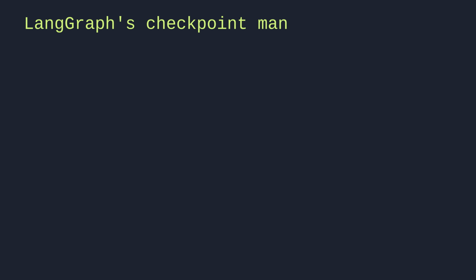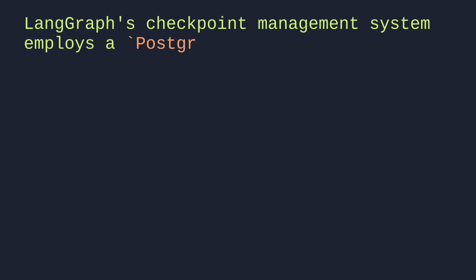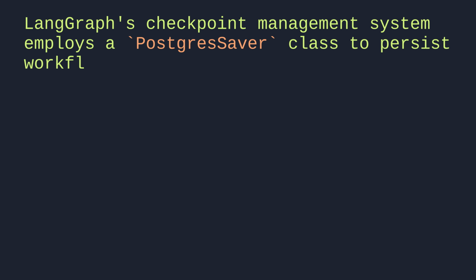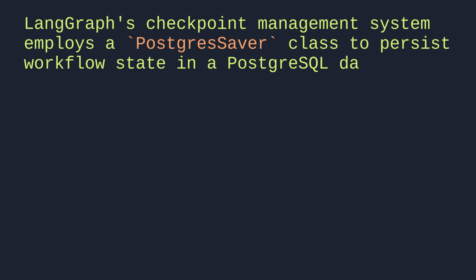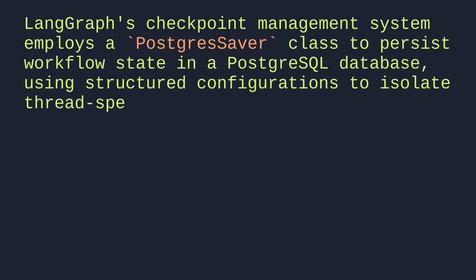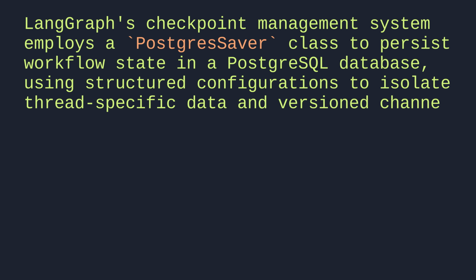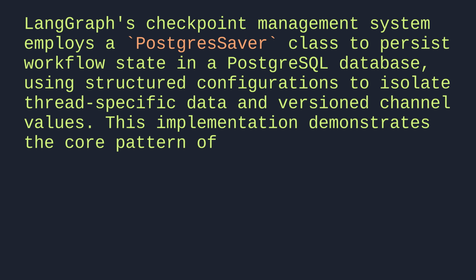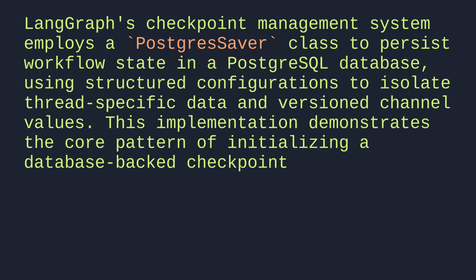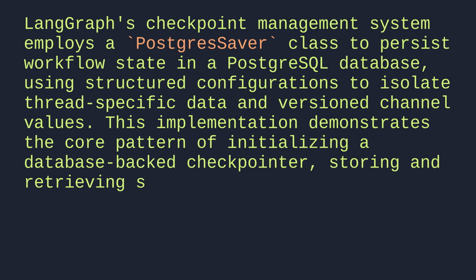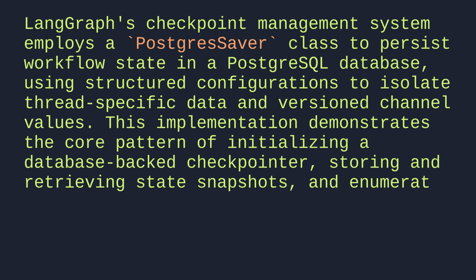LangGraph's checkpoint management system employs a PostgresSaver class to persist workflow state in a PostgreSQL database, using structured configurations to isolate thread-specific data and version channel values. This implementation demonstrates the core pattern of initializing a database-backed checkpointer, storing and retrieving state snapshots, and enumerating available checkpoints